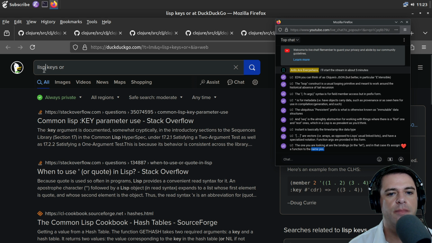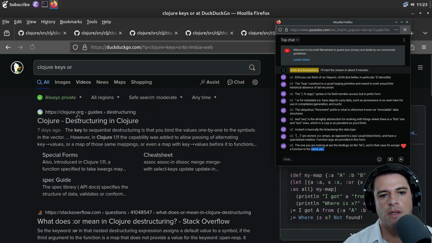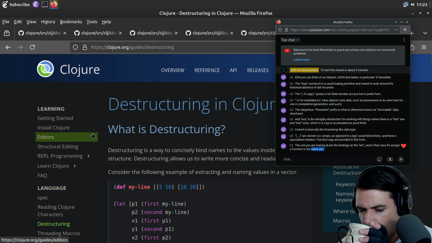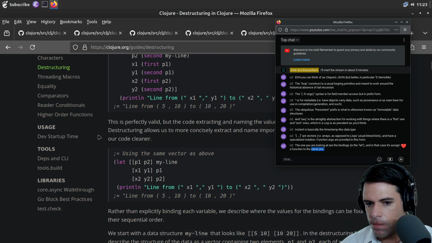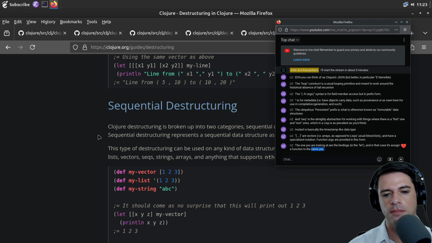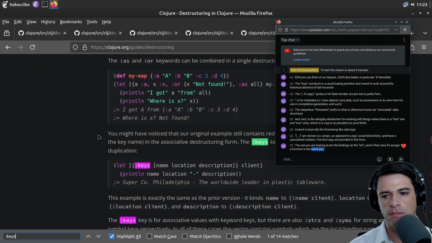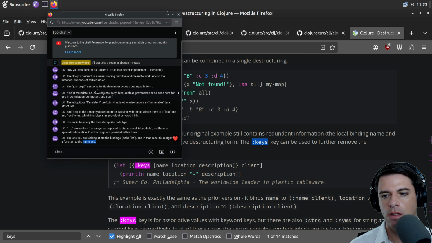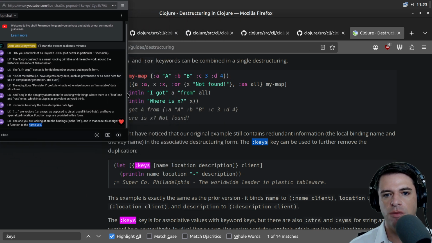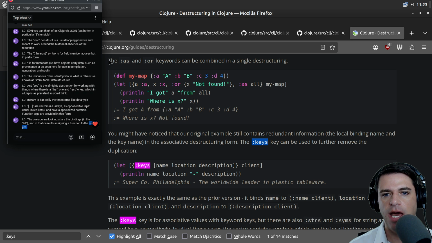Not Lisp. Let's look up Clojure. The keys key can be used to further remove duplication. The as and or keywords can be combined into a single destructuring.